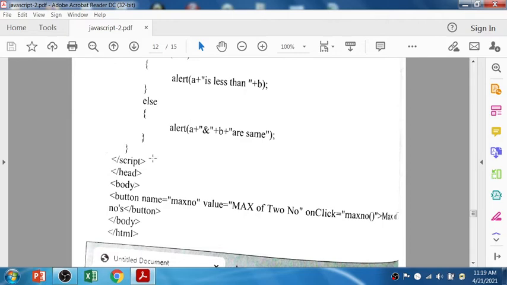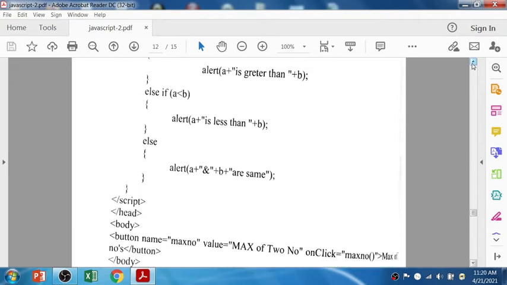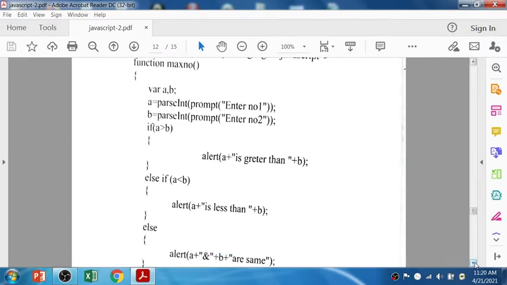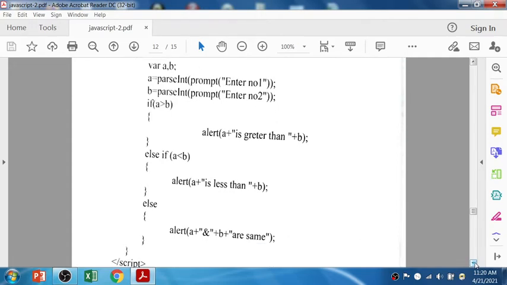After closing the script tag, you can see the body tag. In the body tag there will be a button named maximum number. The value is max of 2 numbers. So by clicking on the button, the max number function will run, and this is the actual logic of the function which I have already discussed.